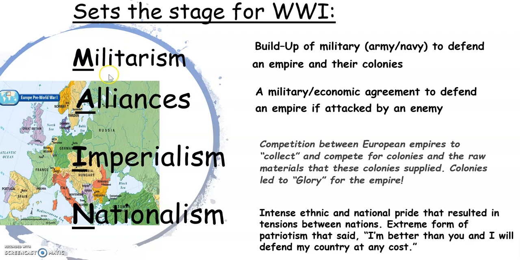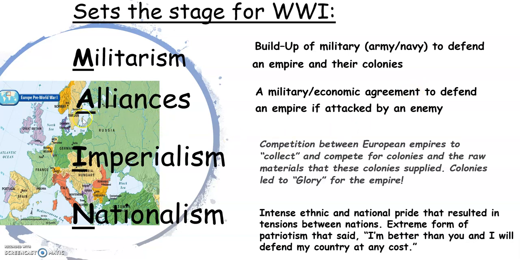In the 1900s, leading up to World War I and the start of the war, you've got this big buildup of military. It's called militarism. Countries and empires in Europe have built up their military, armies and navies to defend not only the borders of their country, but also all of the colonies that they have collected throughout the world. So they need to protect these colonies, protect somebody else from coming and taking those colonies. They need a large empire to do that. So they are already muscled up, ready to fight. And that's this idea of militarism.